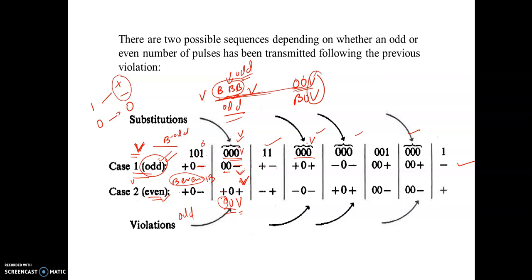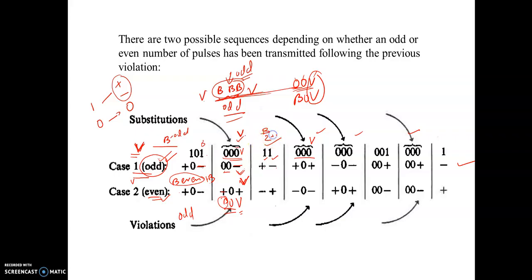Okay. So where is the previous violation? Wherever you have a triple zero, the last one should be violation. So here you have a triple zero. So last one is violation. So between two violations, you have to count out the number of bipolar alterations B. So what is the number of bipolar alterations between these two violations? You have a 1 here, you have a 1 here. So there are 2. Okay, the value of bipolar alteration is 2.